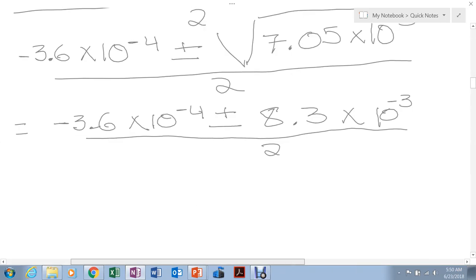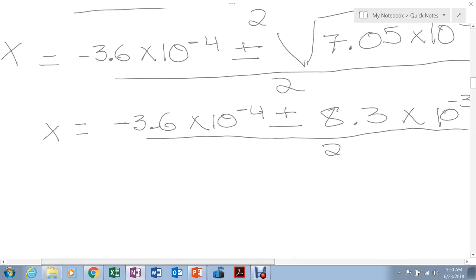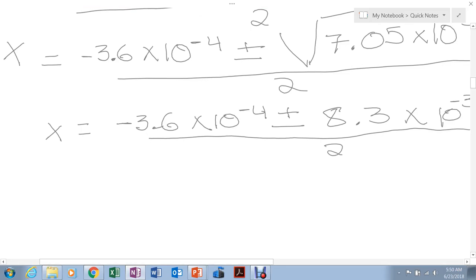So if you take negative 3.6 and negative 8.3, that won't be the x. The only x possible that you had to take is this plus, because if you subtract them, it's going to give you a negative number, and you can't have it. So if you add them,